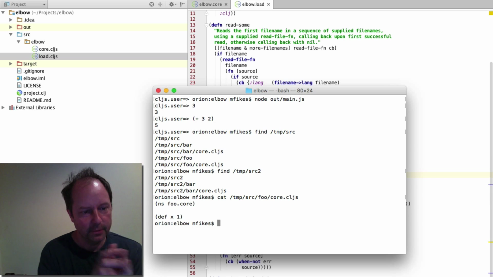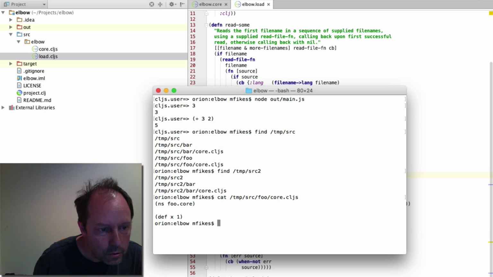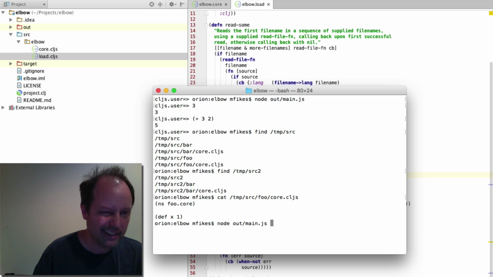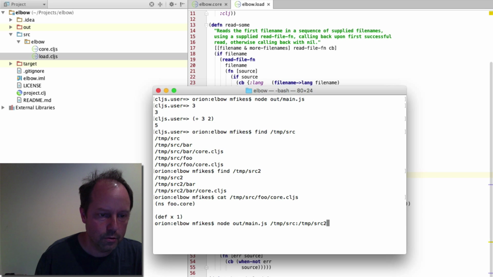This is a very simple namespace, and it basically just defines a var. What I can do is run this node process, and I can specify in its arguments, kind of like a class path. I can say temp source, SimSource2, and then